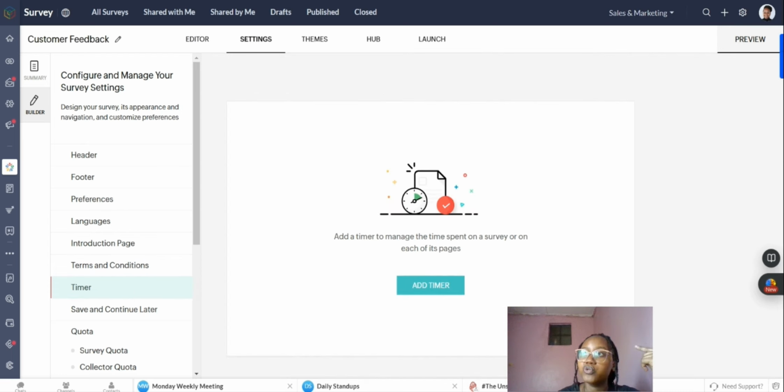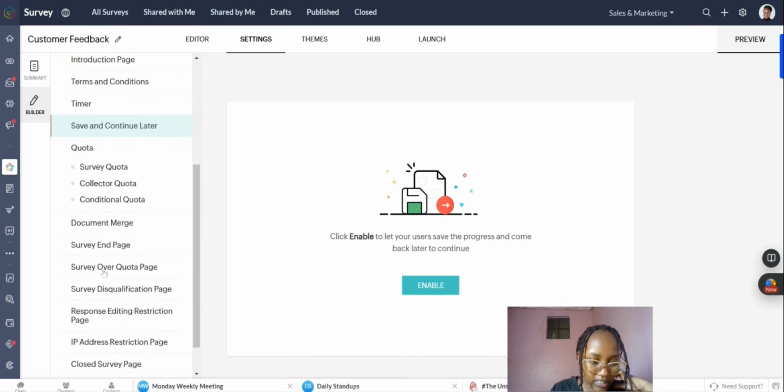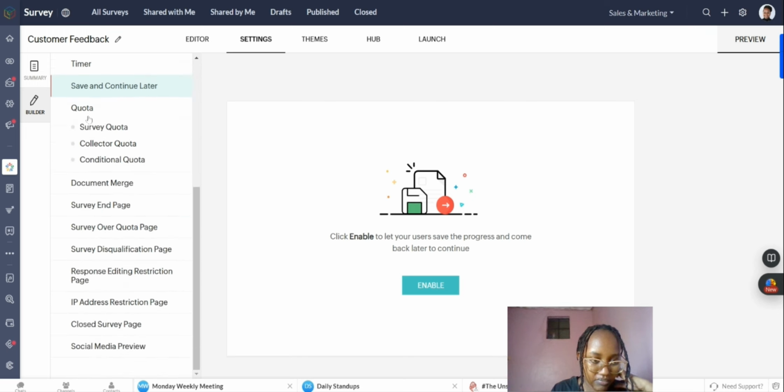You can have a timer, so manage the time each person spends on a survey or on each of the pages. So maybe you want to do like a quiz. There are multiple ways you can use the whole survey. It doesn't have to be a survey. So maybe you just want a quiz, right? You can set the timer. Save and continue later. That's self-explanatory. You can allow them to save their progress and then come back once they click on the link again. And then these are just another bunch of